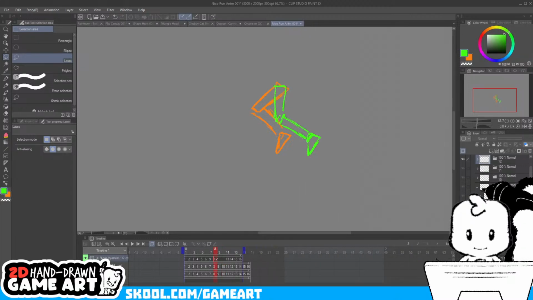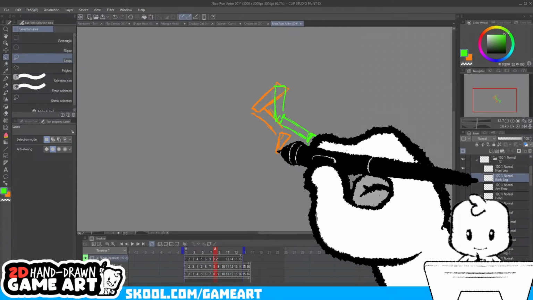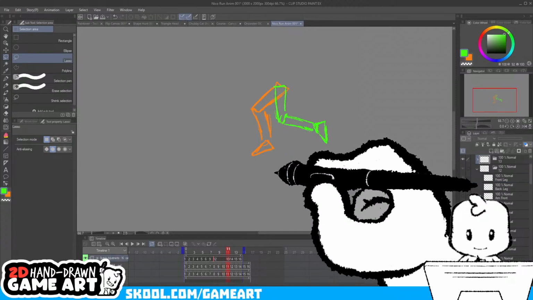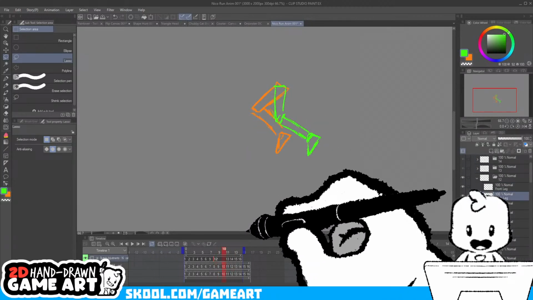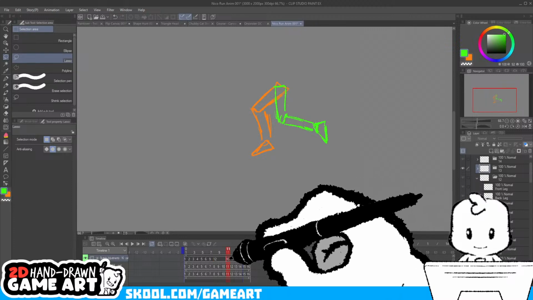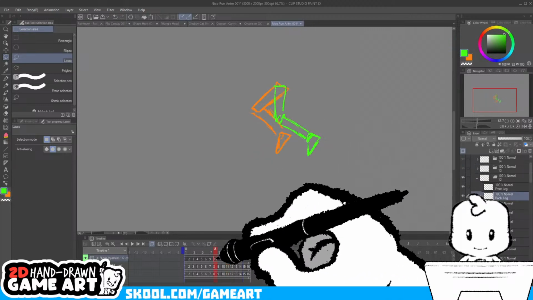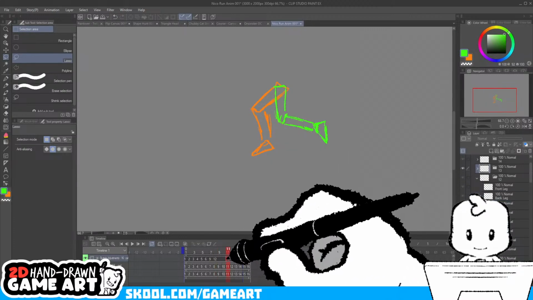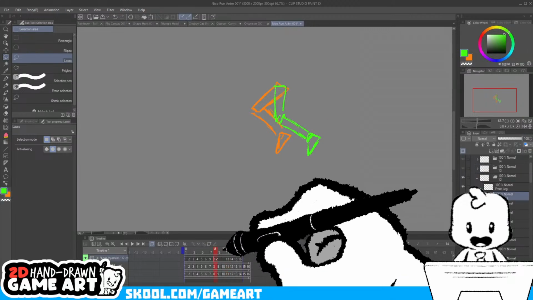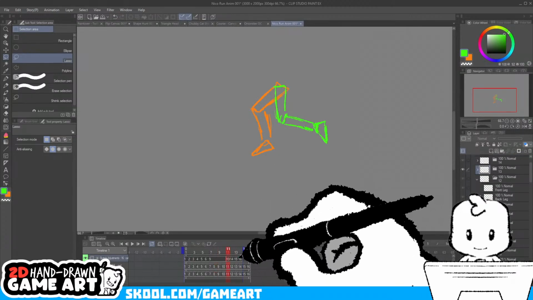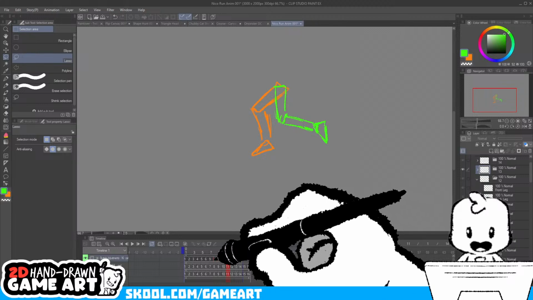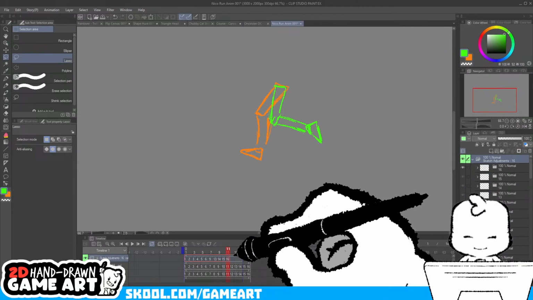I need some adjustments though. We want this. Let's see. Actually, we just want this leg here. Do we need this frame at all? We might not need 12 either. I'm getting rid of so many frames. I think it might be a little confusing, guys.